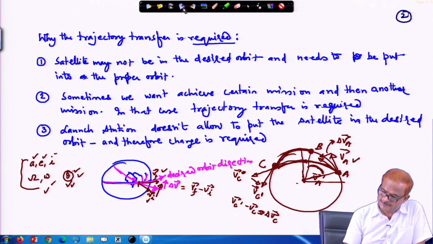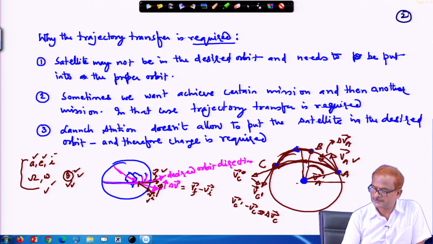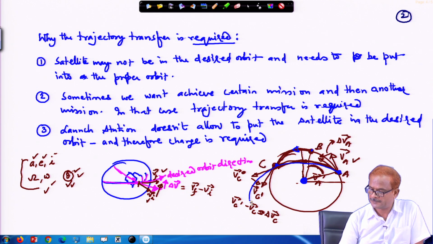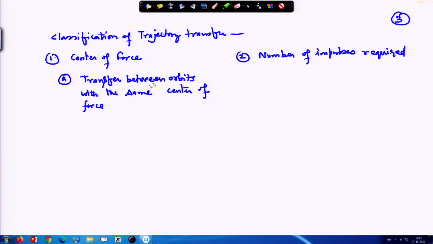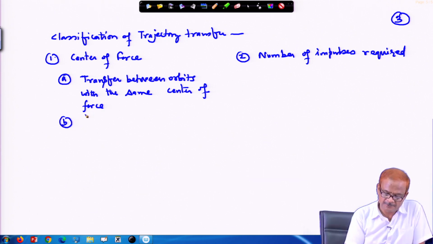This is what we are discussing here. Yes, the center remains the same and you are transferring either from this point to this point, or it can be to another orbit. Say rather than having to catch up, you just have to establish another orbit like this. So, this can be another case, but here the center of force remains the same. Another will be interplanetary, like you are going to the moon. So, this is transfer from one center of force to another center of force.